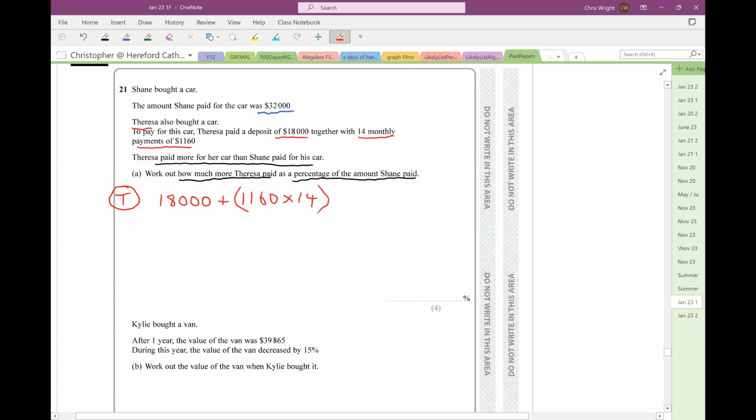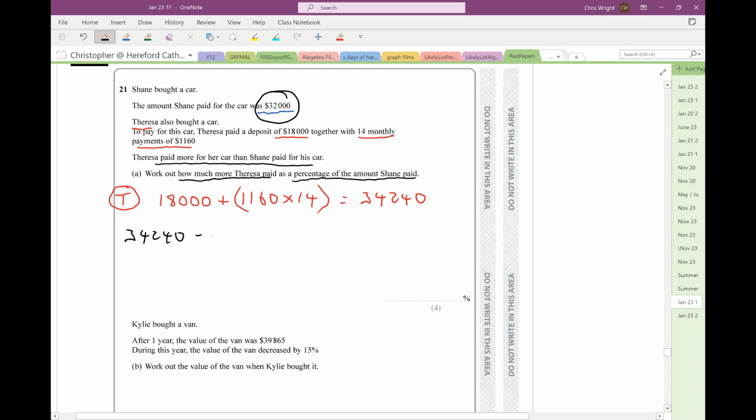So the total that she paid is the $18,000 plus 14 times 1,160. So her total is $34,240. And it says I need to work out how much more Teresa paid as a percentage of the amount that Shane paid. Well, how much more did Teresa pay? Well, Shane paid 32,000 and Teresa paid